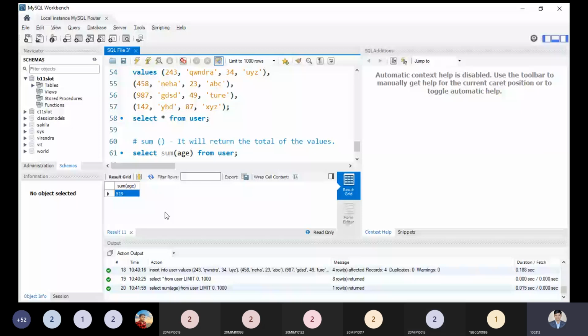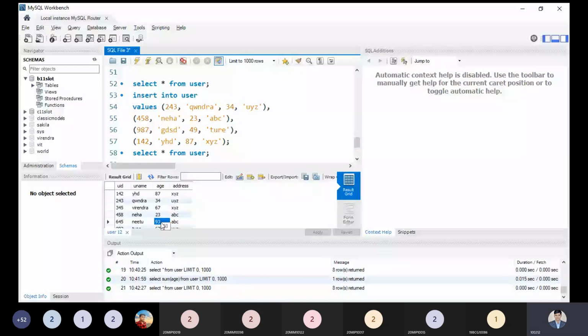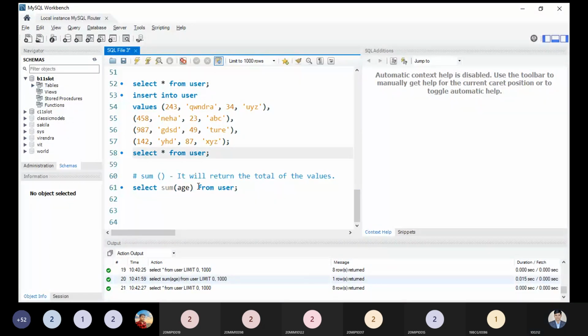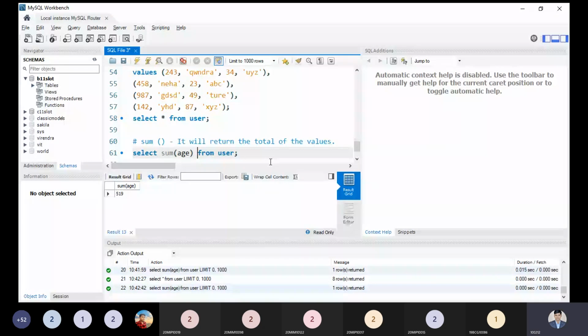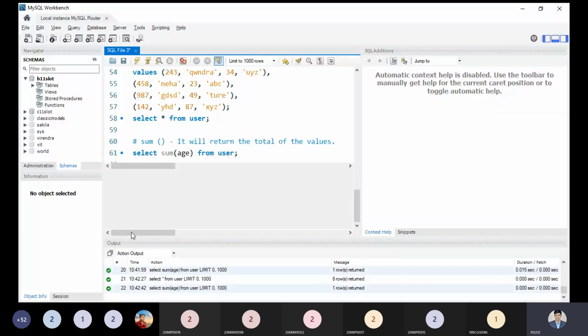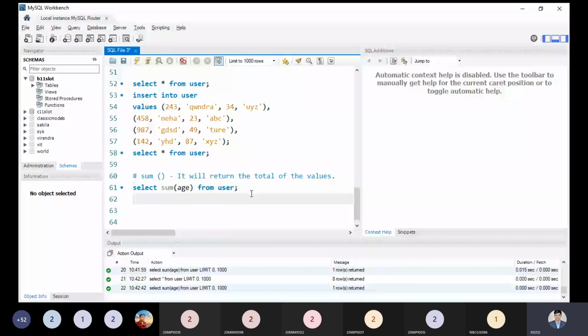See here we have the ages 87, 34, 67, 23, 93, and other values we have 67, 49, 99. If I try to add all these values, I get the sum of all of them. That is the point. But a smart student asks, sir, let me know how many records we have. We have 1,000 records, so we will not count from one to last.